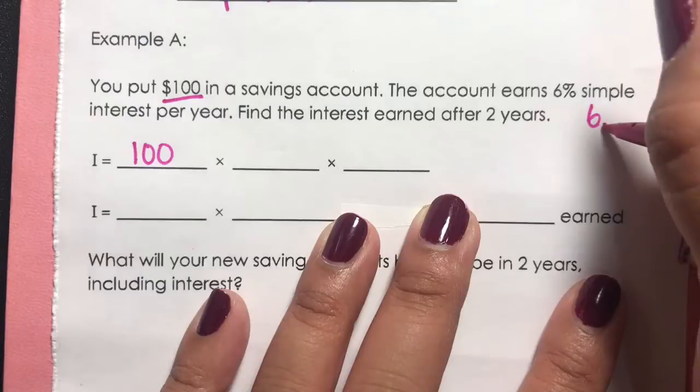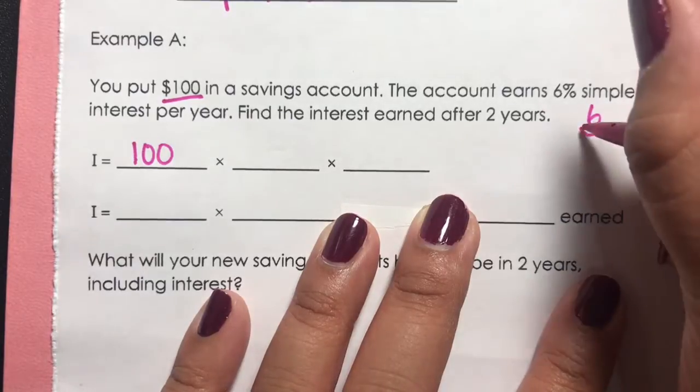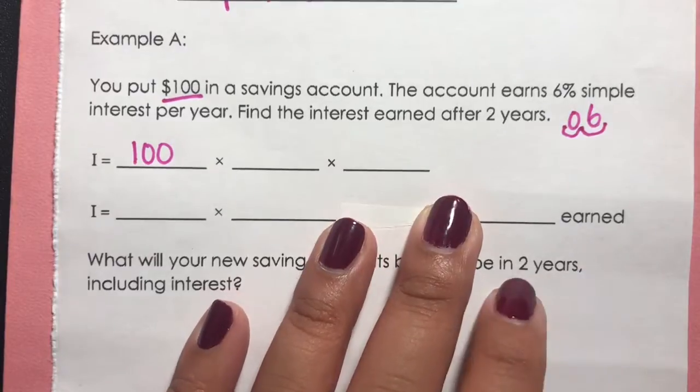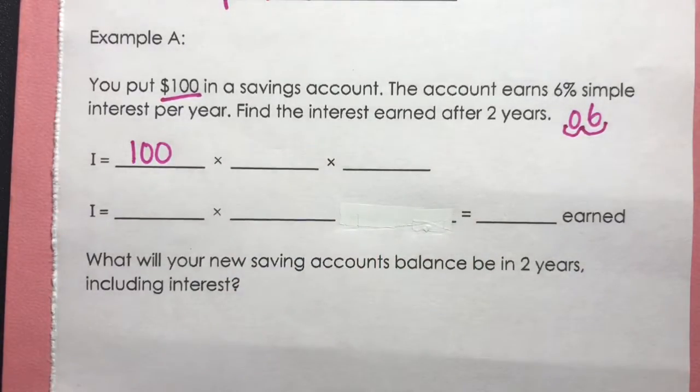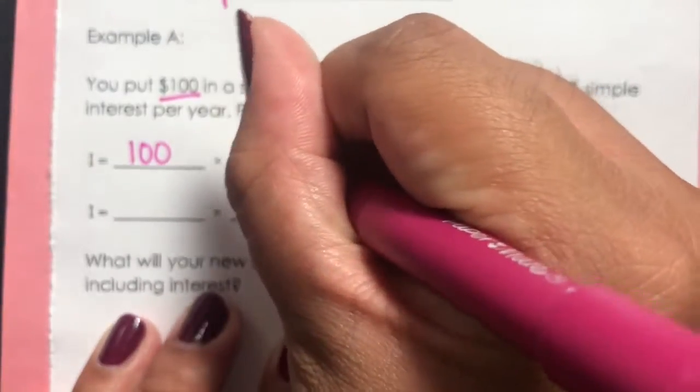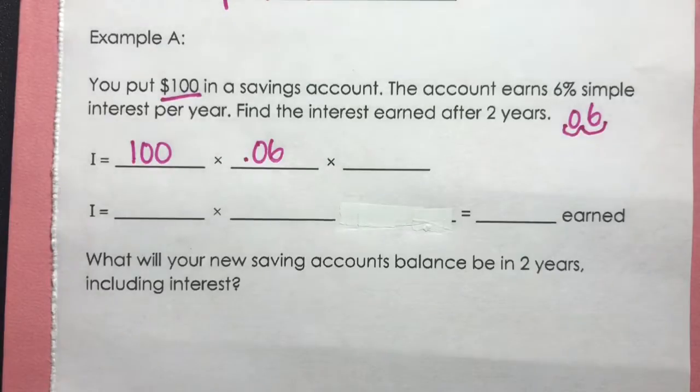So we're going to move that decimal once and move it again. So we got to put a 0 here. So it's 0 and 6 hundredths, or 0.06. So we're going to put our decimal. Okay, so far we have our formula. We have 100, which is our principal amount, times their annual interest, which is 0 and 6 hundredths, or 0.06,